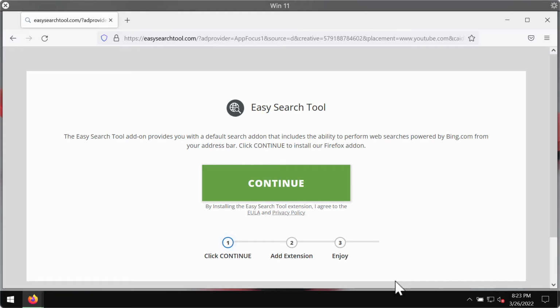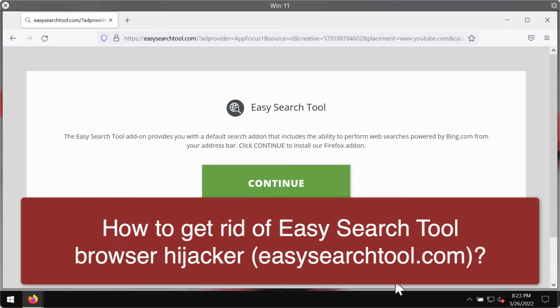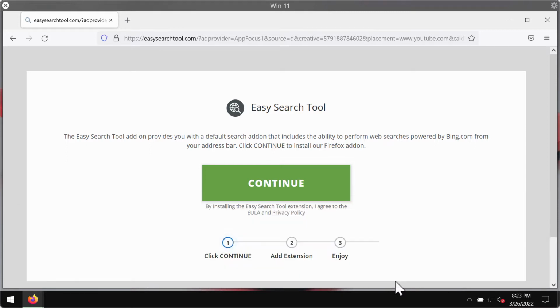My video guide will provide you with instructions that will help you to remove the browser hijacker called Easy Search Tool. This browser hijacker attacks Mozilla Firefox browser. It doesn't attack Google Chrome browser though. The hijacker may affect both Windows and Mac computers, and the website that is related to it is